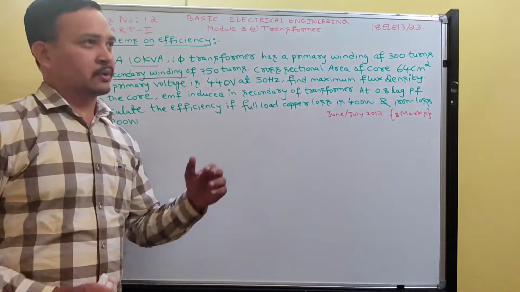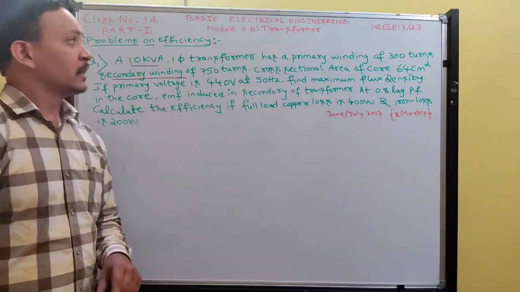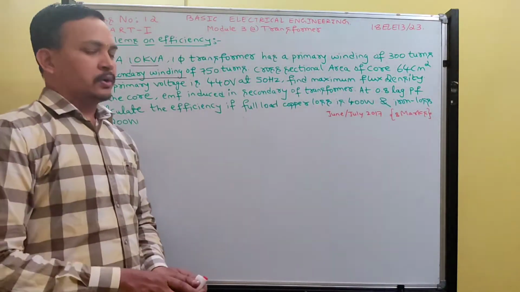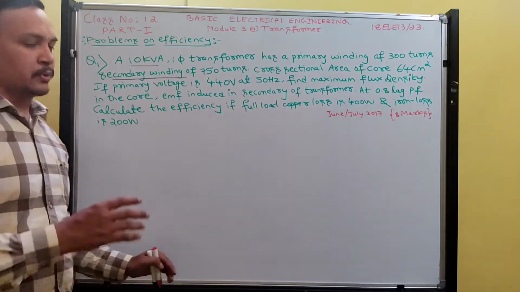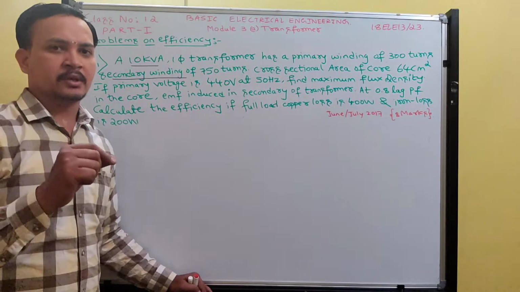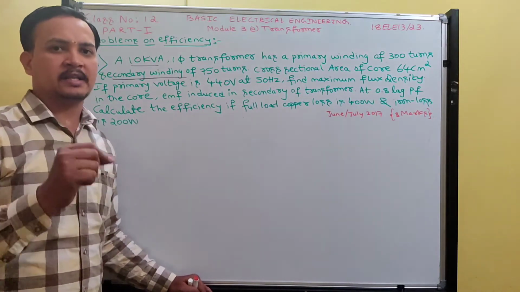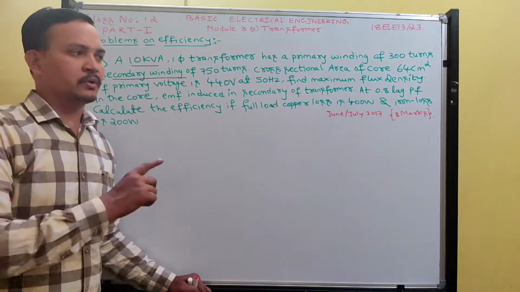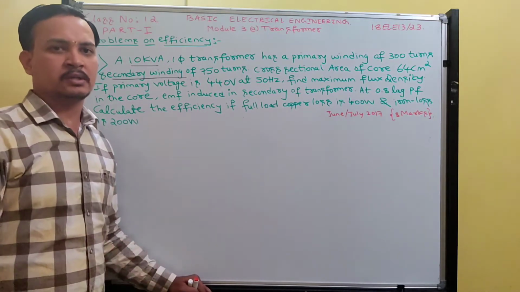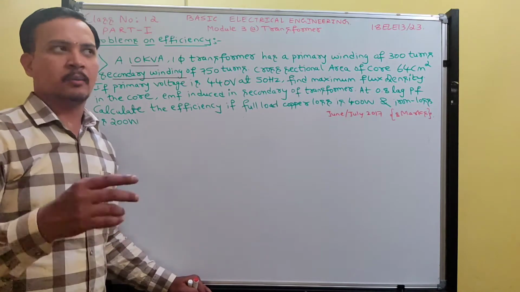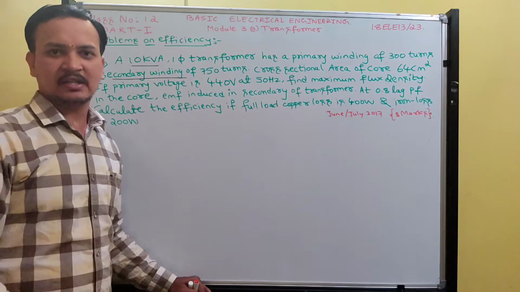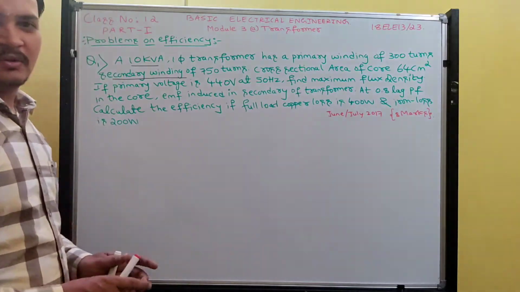So we are doing lectures on Module 3 Transformer topic and it is class number 12 part 1 lectures. In this lecture I am going to start problems on efficiency. Only one problem is covered because I explained how to use the calculator to solve efficiency type of problems. At the end of the video you can see the calculations in the black calculator and blue calculator, that is 991 MS, 991 ES. Okay, so shall we start?